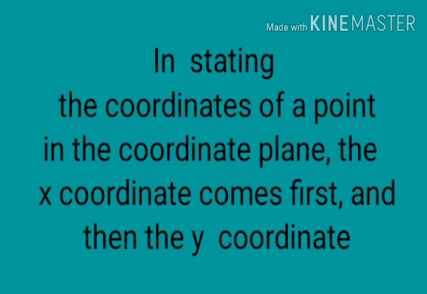Ordinate. Okay. The next is how we can state the coordinates of a point. We state the coordinates of a point in brackets with 2 numbers. Among the two numbers, the first number is the x coordinate, the second number is the y coordinate. Always we should write the x coordinate in the first place. The second place will be the y coordinate.